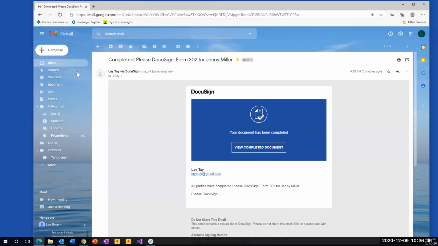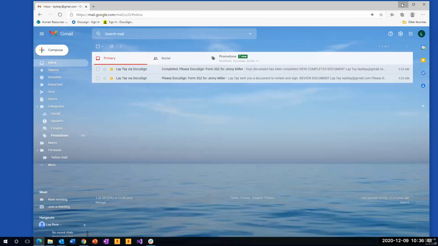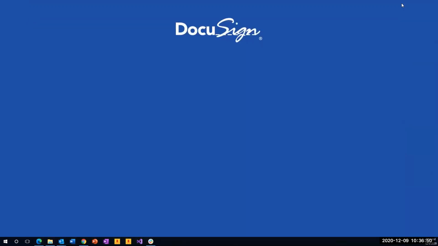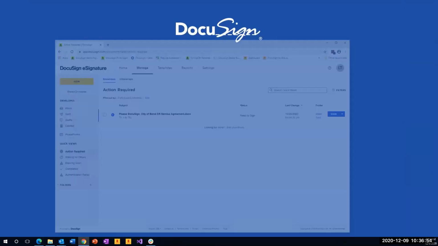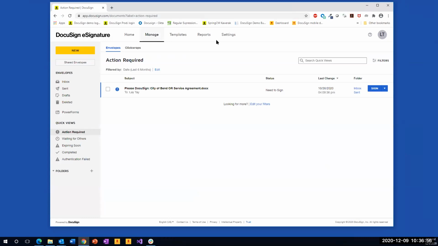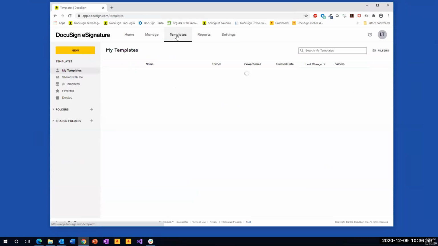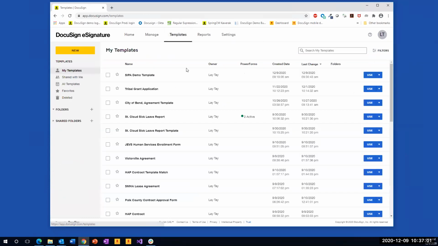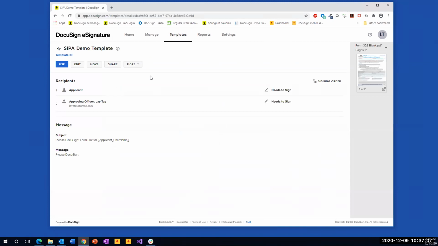Now, what I want to show you next is how you can publish this template as a form on your website with just a couple of clicks. It's very easy. Let me show you how that works, right? And this is something that we do very well, and that is to make things very easy for you to do and manipulate. So let's go back into the template itself, and let's say that rather than having an account holder send the form directly and manually to the user, you would prefer to publish this form on your website.